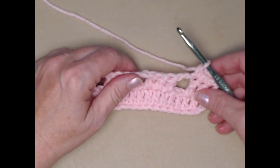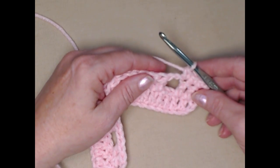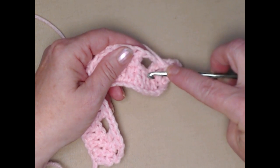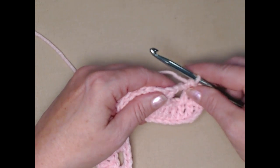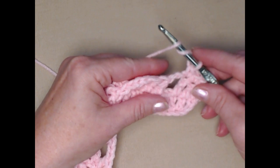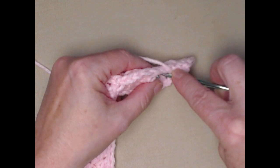Now we're going to stitch 2 triple crochets. And the way we're going to do that is we're not going to stitch them in the chain. We're going to come down here and stitch them in those double crochets from the previous row. To stitch a triple, you're going to wrap your yarn on your hook 2 times. We're going to come down here to this double crochet,